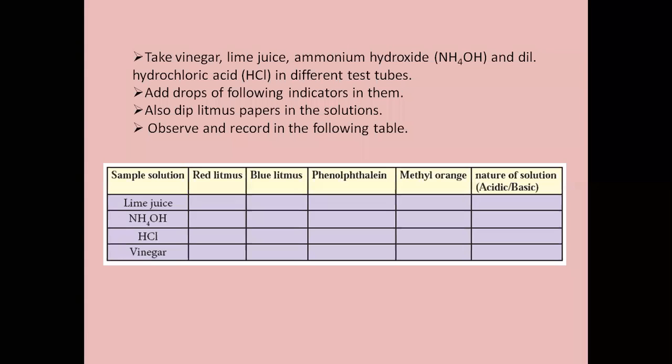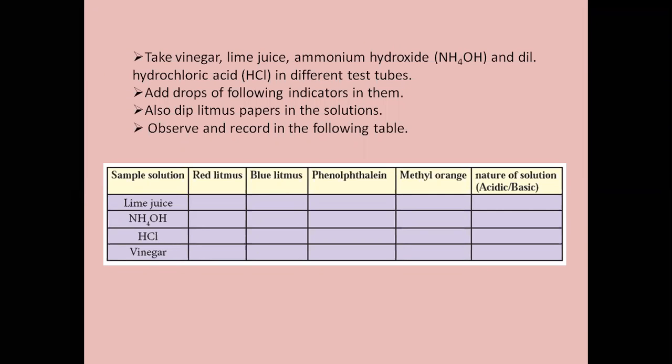So lime juice. First you need to know what lime juice contains, whether it is acidic or basic. To make the answers easier, first tell me whether it is acidic or basic. We know lime juice is citric in nature. It's sour in taste, so it is an acid. Very good. Everybody is convinced that lime juice is acid. Yes, we've studied that substances which are sour in taste are acidic in nature. So lime juice is an acid.